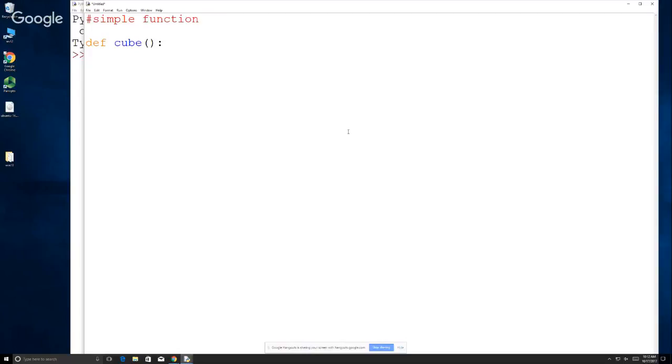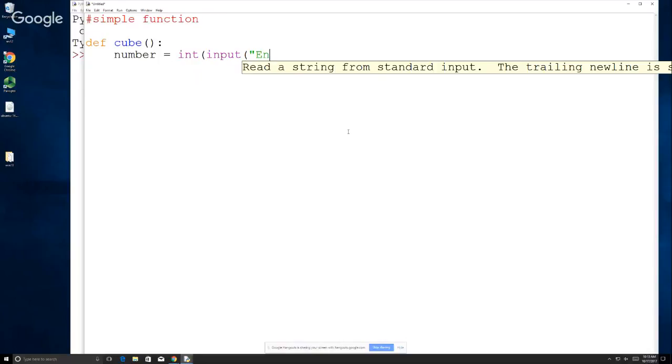And then you give whatever the content of the function is going to be. Later I'm going to break this up a little bit, but I'm just going to say number equals int input, enter a number,